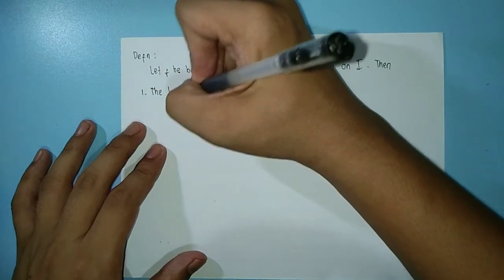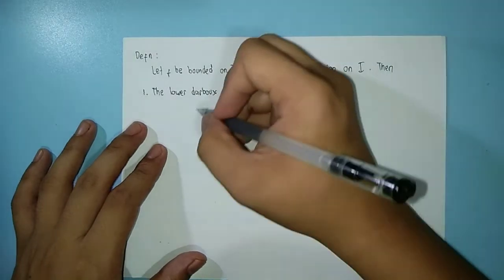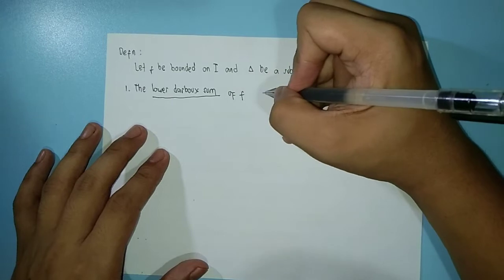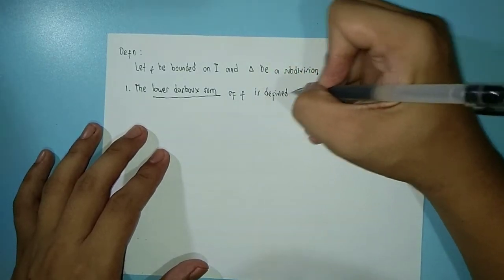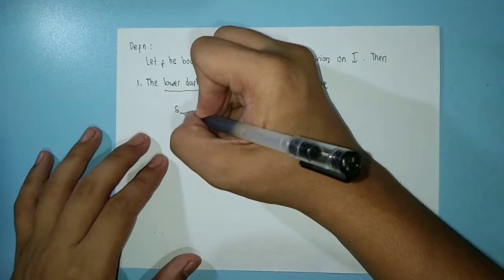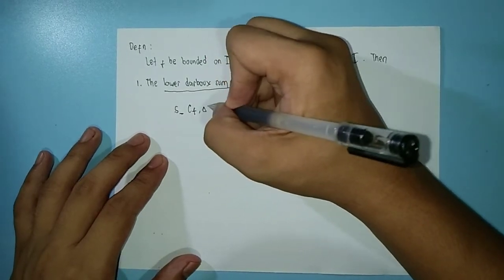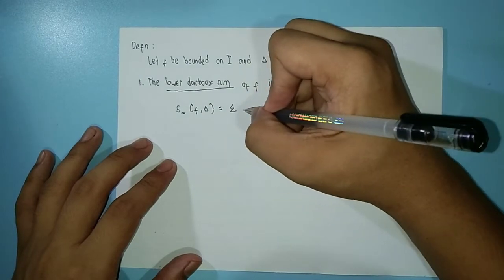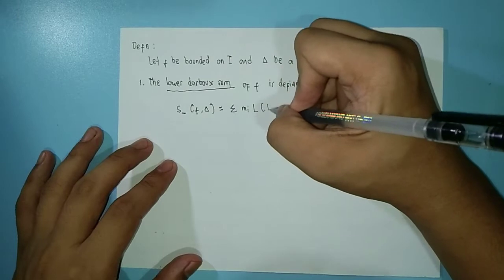The lower Darboux sum of f is defined to be, lower Darboux sum, so meron siyang ganito palatandaan, of f with respect to delta equals summation ng m sub i